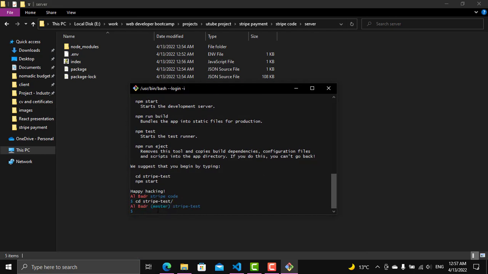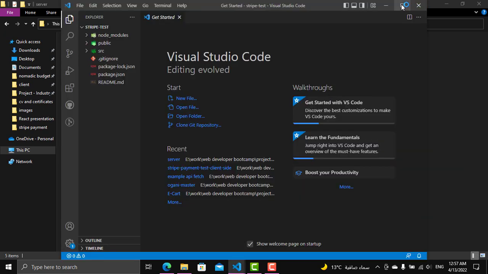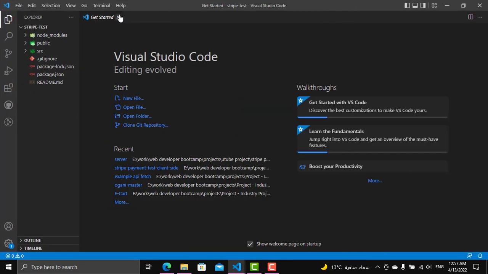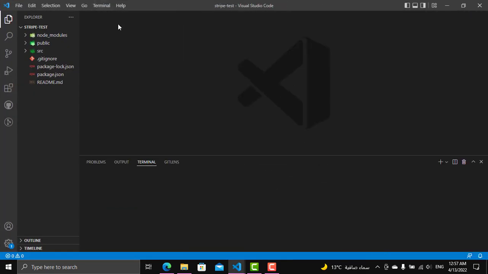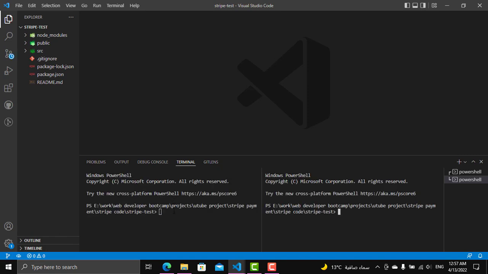and here we can start managing our code. I will say code and close the git bash. I think its work is done now. Alright, so I'll open a terminal and I'll split the terminal because we will need one for running the server and another one for downloading any npm packages that we want. So here I'll say npm start,